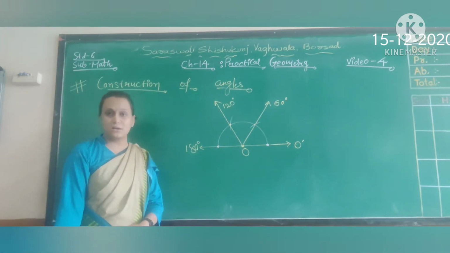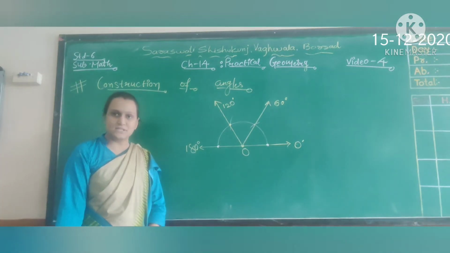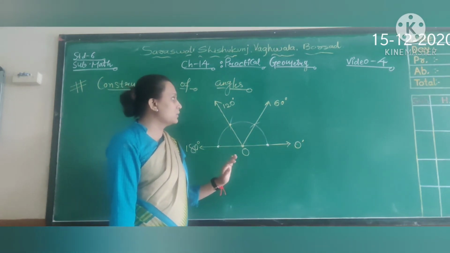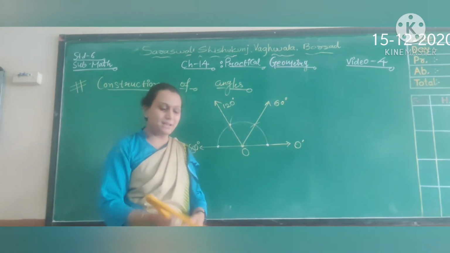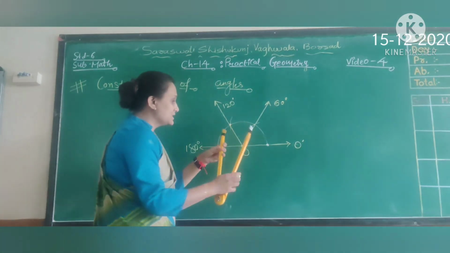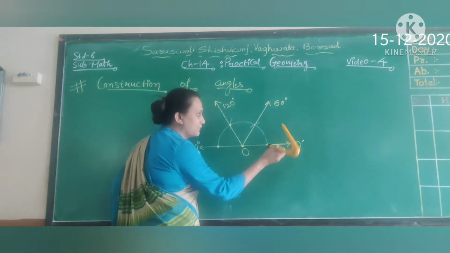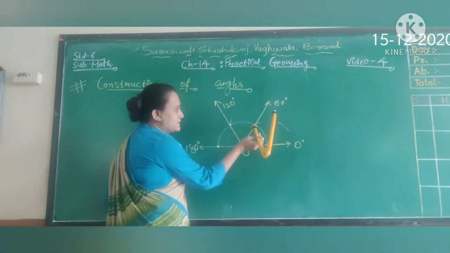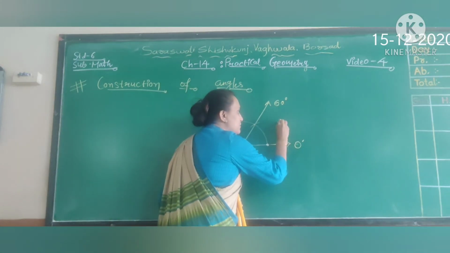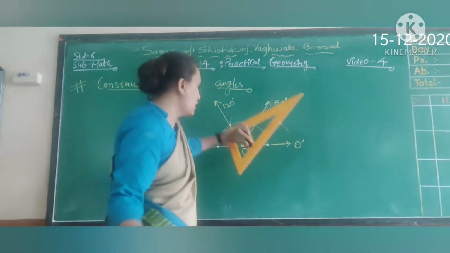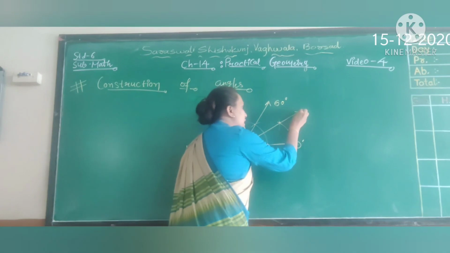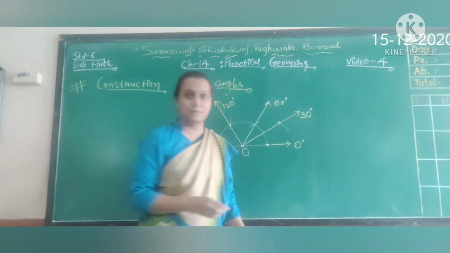Now if you want to draw 30 degrees, 30 degrees is half of 60 degrees, which means it is a bisector of 60 degrees. Clear? So now we are going to learn the bisector of an angle. Bisector means with the same measurement, see, 0 to 60, okay. With the same measurement, draw one arc from 0 degrees as well as one arc from 60 degrees. So this is the connection point. If you join it with the help of a scale to center O, then you are able to find 30 degrees here.